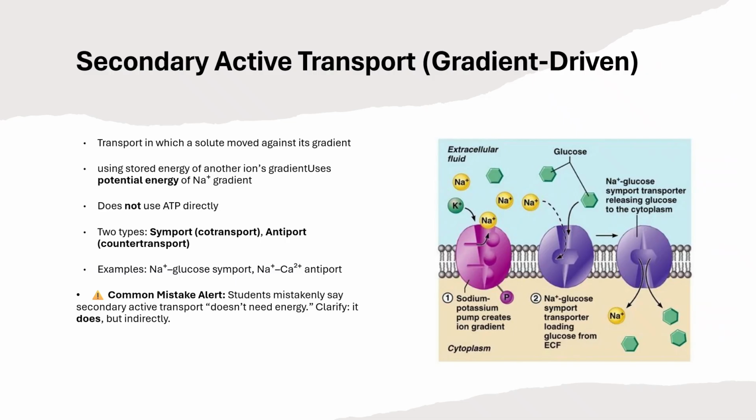Secondary active transport refers to a mechanism in which a solute is carried uphill or downhill using the potential energy stored in another ion's gradient, most commonly the sodium gradient. What makes it secondary is that the transporter itself never comes into contact with ATP. Instead, it relies on the gradient generated earlier by the sodium potassium ATPase, which hydrolyzes ATP and establishes the conditions